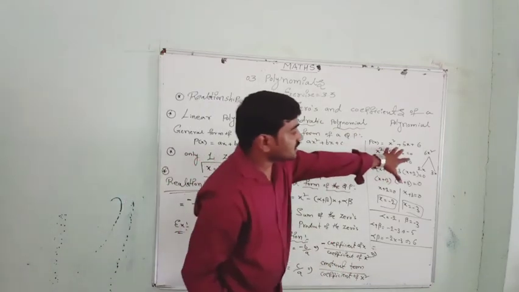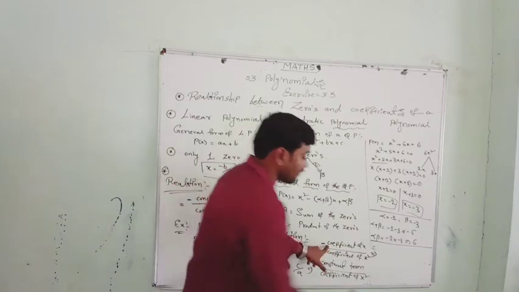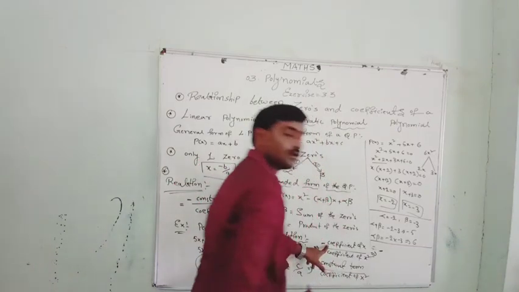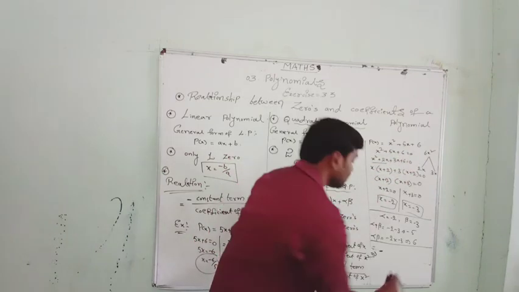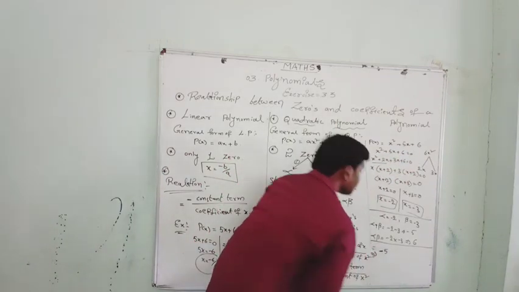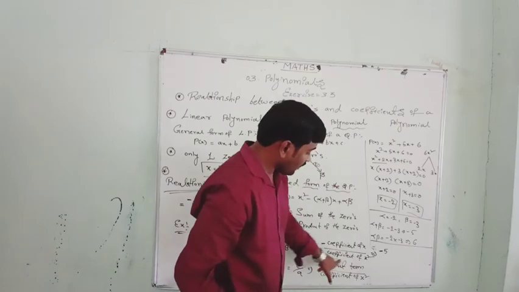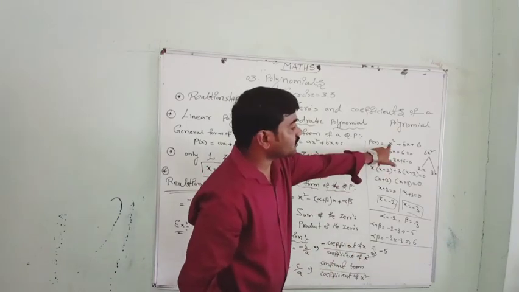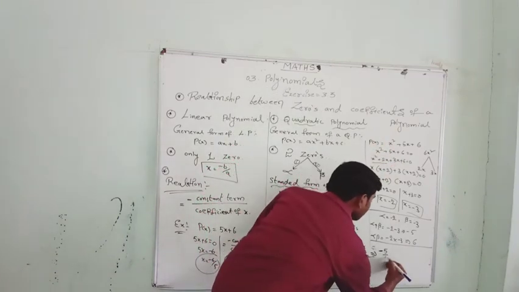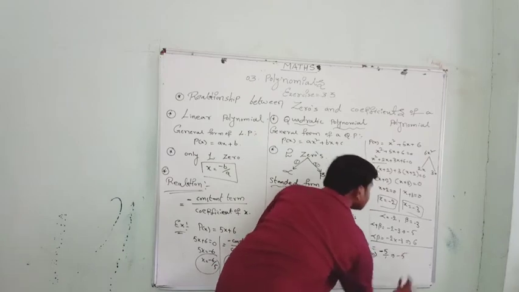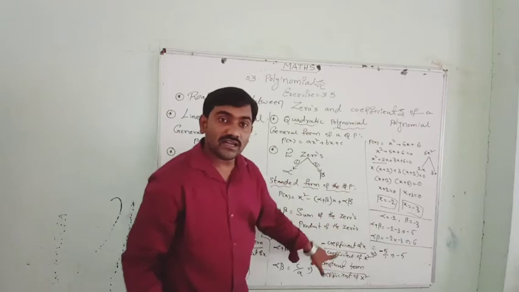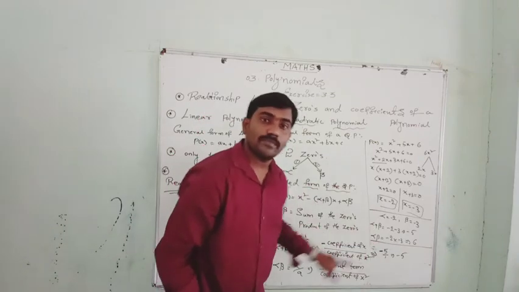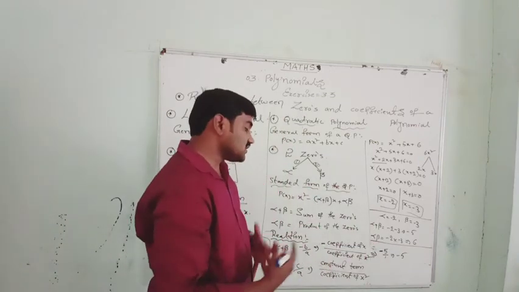Now here in this question, we put the minus here. Coefficient of x is 5, by coefficient of x square. Coefficient of x square is 1. That is minus 5 by 1, which is nothing but minus 5. See, the sum of the zeros we got here, by the relation of coefficients also we got the same: minus 5 and minus 5.